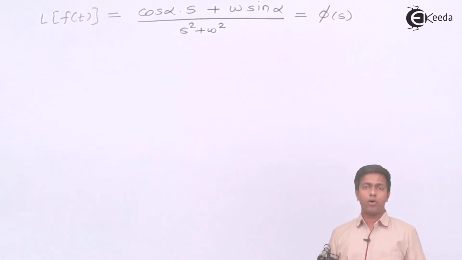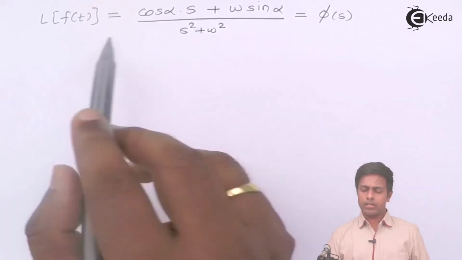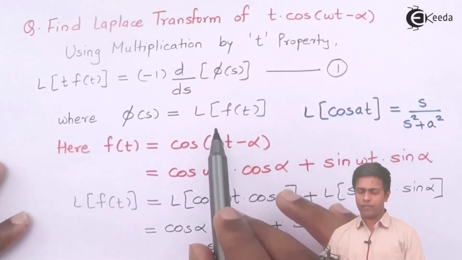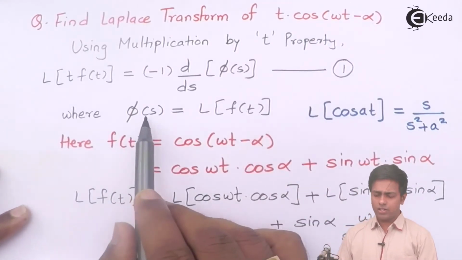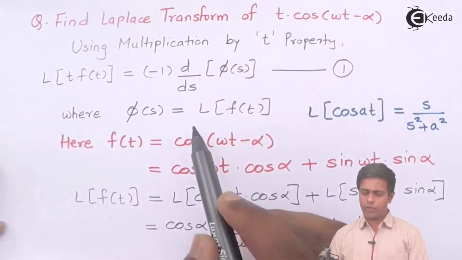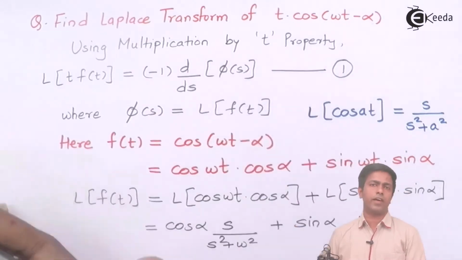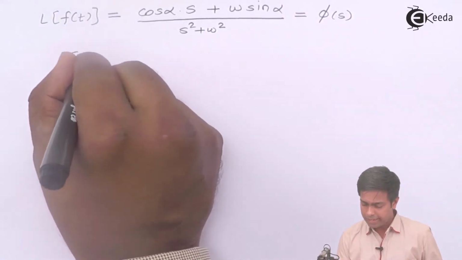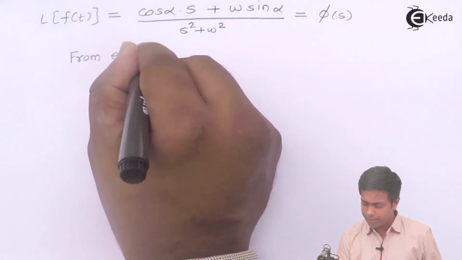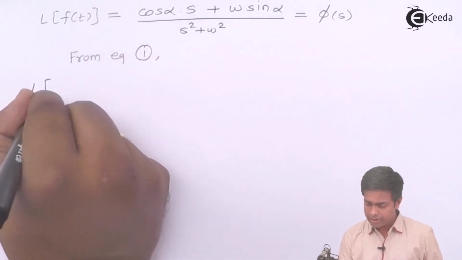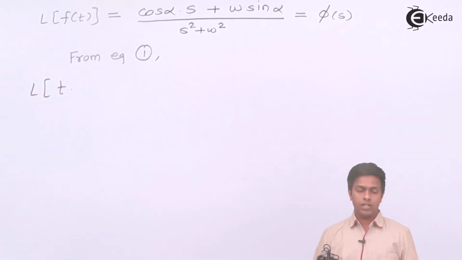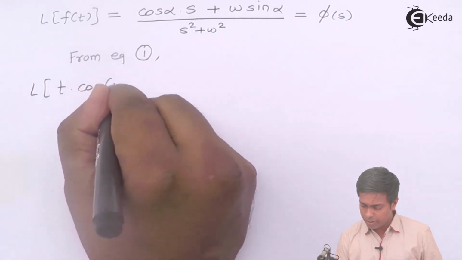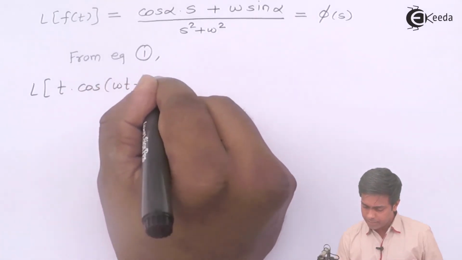So guys, now I got a function of s because it is the Laplace of f of t. Here we have seen that Laplace of f of t is called phi of s. So I got the value of phi of s. I'll put that value of phi of s in equation number 1 and I'll get the final answer. So from equation number 1, Laplace of t into f of t, where the value of f of t is cos of omega t minus alpha,